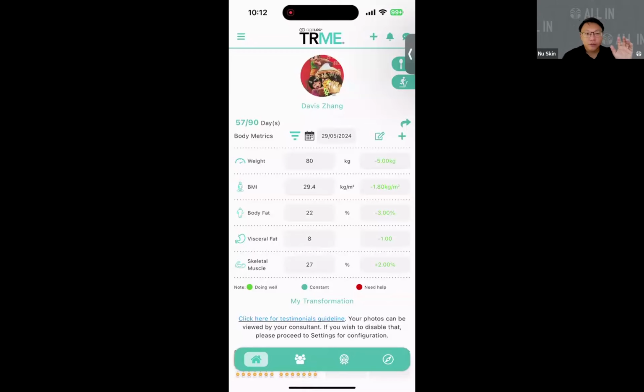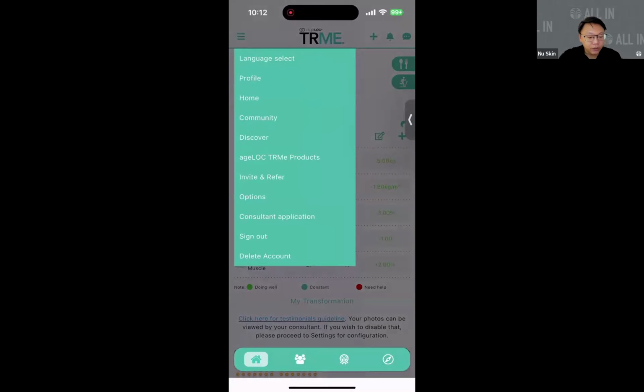Right. So for the very beginning, just for the benefit of some of the new users, I'm going to go through some basic navigation of how to navigate around this application. So first thing, let's put our eyes on the top of the app. On the top left, you will see a hamburger menu, those 3 lines. This is where most of the buttons to all the key pages are, right? So you will be able to access them.